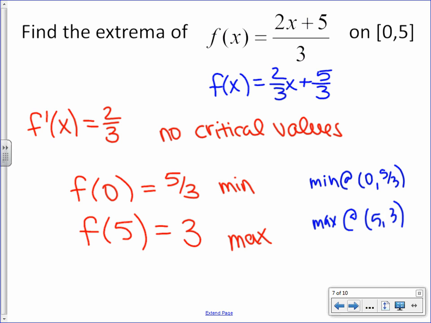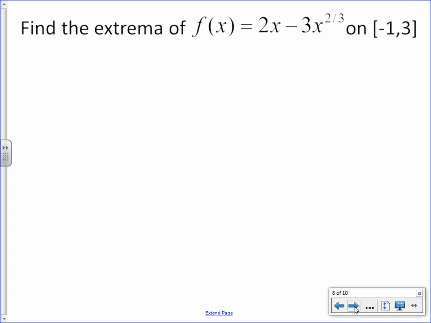All right, let's look at an example where our derivative is a little bit more helpful. So we have f of x is 2x minus 3x to the 2/3 on the closed interval -1 to 3. So the first thing we need to do is identify our critical values. We're going to do that by finding the derivative. So f prime of x